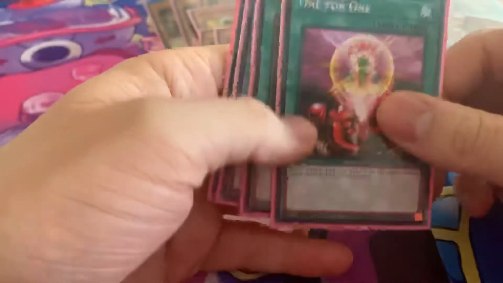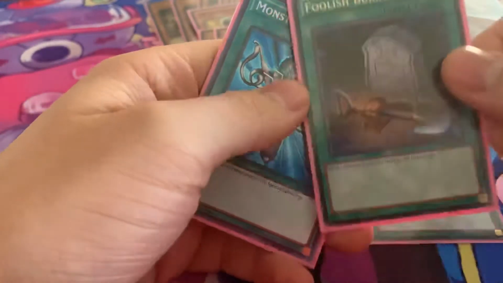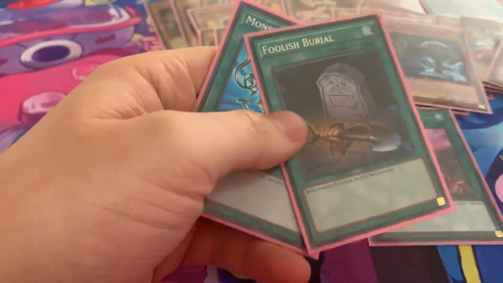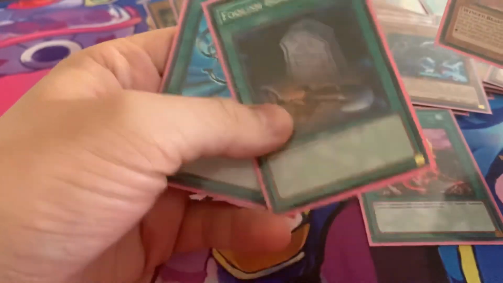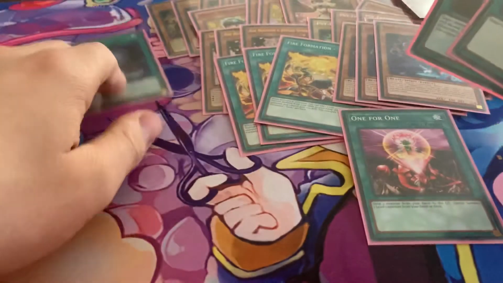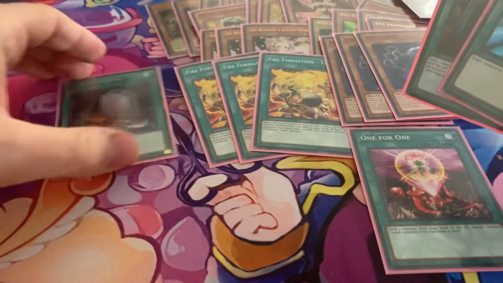Lastly, for my spells, just a bunch of 1-ofs. 1 for 1. Foolish Burial Goods. Foolish Burial Goods is literally just another Fractal. Fractal just tosses the Cobalt Sparrow to the graveyard. That's its whole purpose. That's Foolish Burial. So that's why this is in the deck, just giving you another Fractal. So you have 7 Fractals. You have 3 Tenkies, 3 Fractals, 1